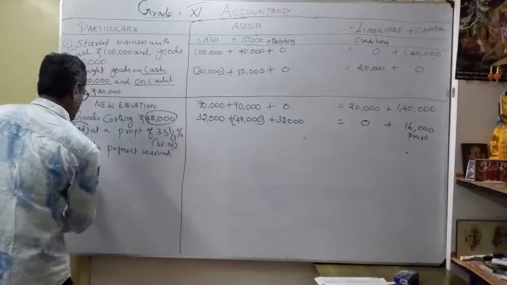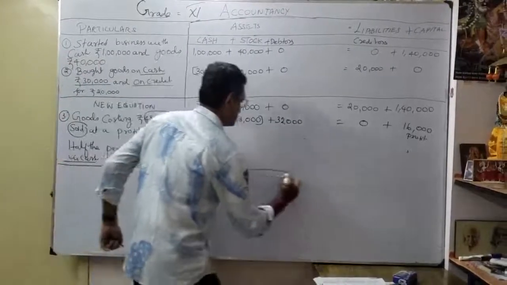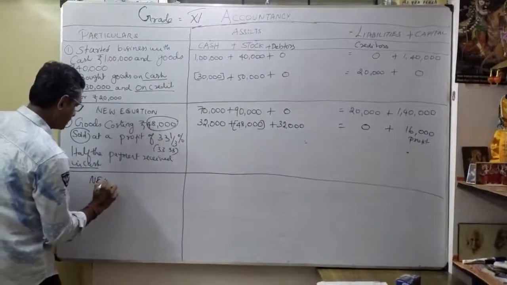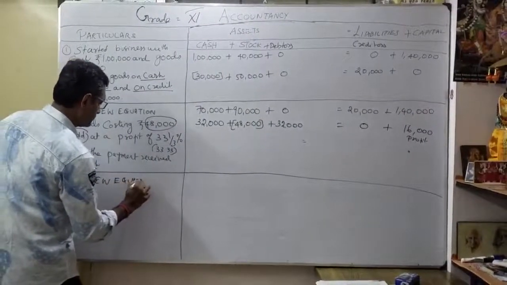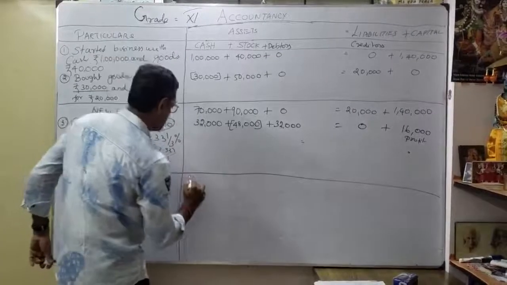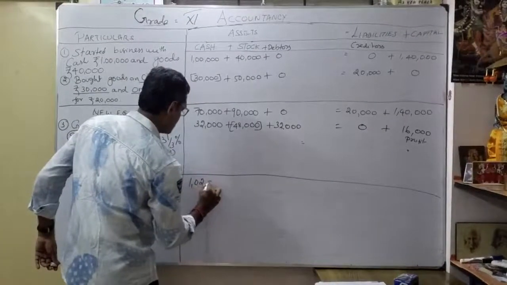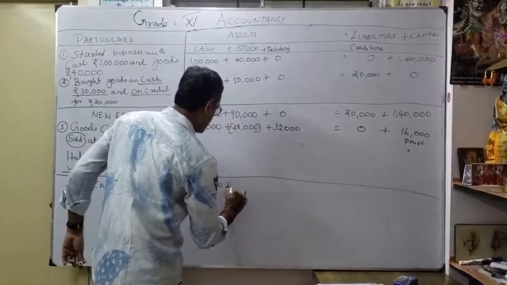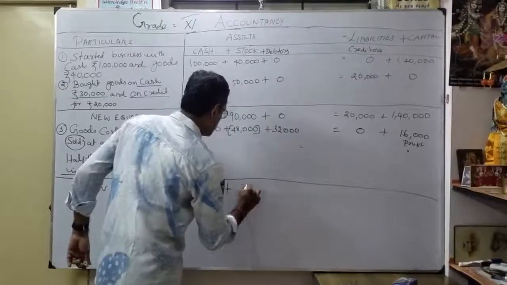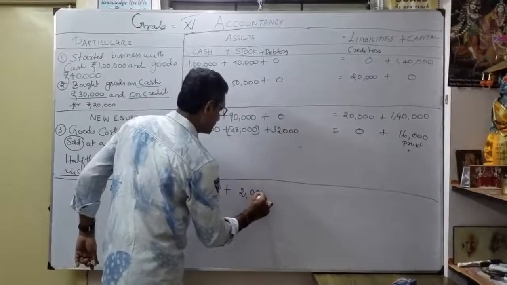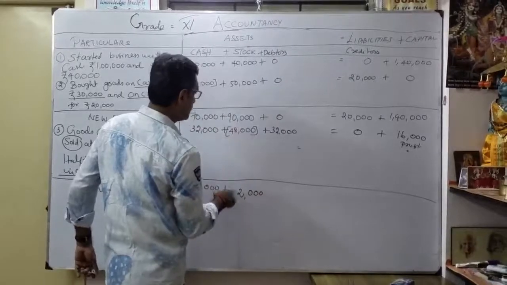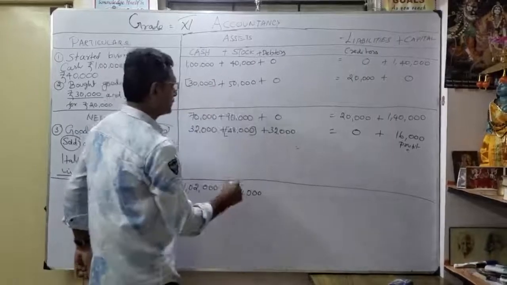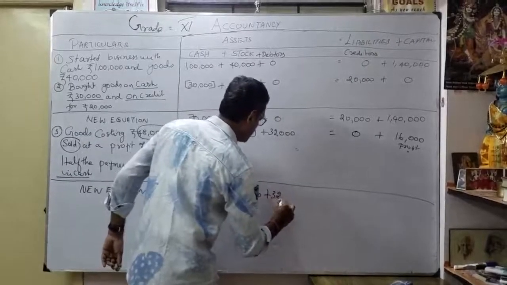So what is the new equation now? Okay, so now I am going to form the new equation. How much now? My cash becomes 1,02,000, correct? How, sir? 2, 7 plus 3, 10. Here my stock reduced how much? 10 minus 8, 2. Here 0, 0, 0. 10 minus 8, 2. 8 minus 4, 4. Okay, so my stock becomes now 42,000.